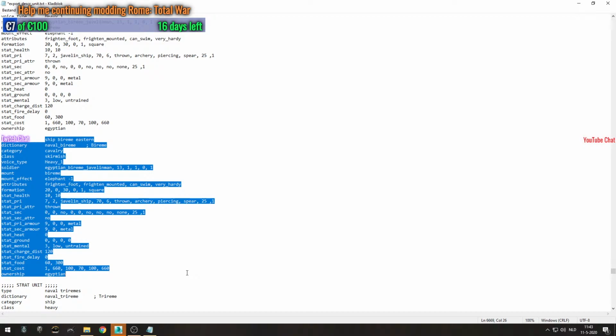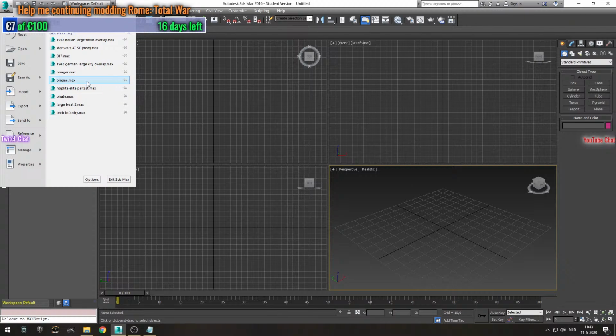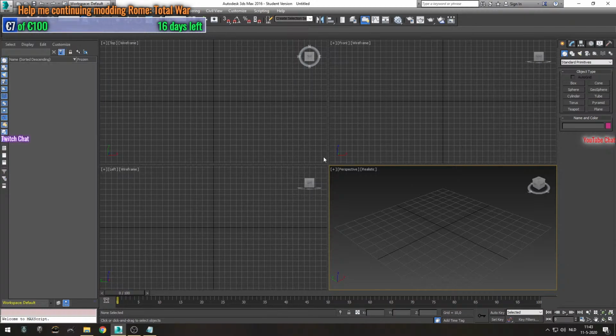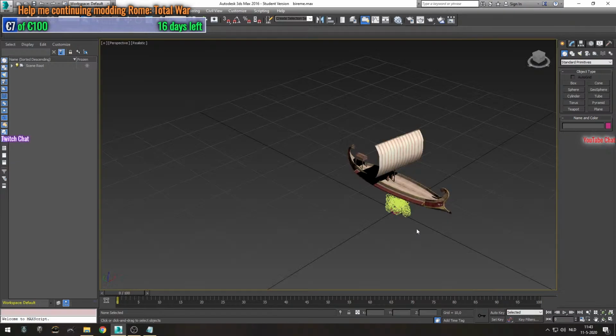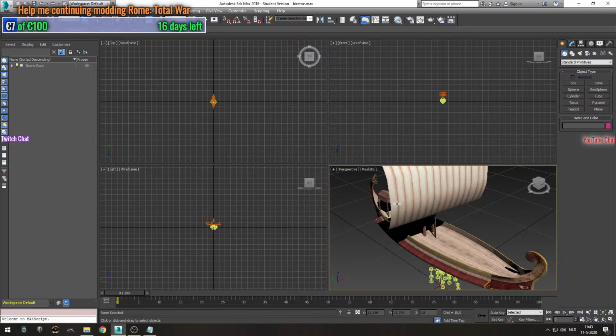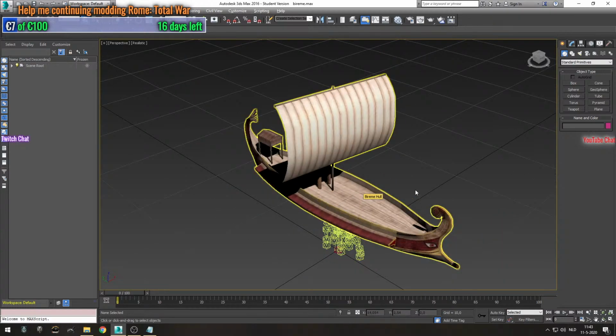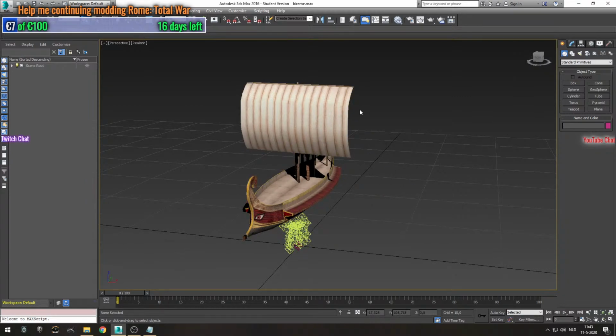So the first thing we need to do is to have a look in 3ds Max, open the bareem, which is the model, adapt the file's unit scale, that's good. So this is the bareem used by every faction. And now we will texture this ship